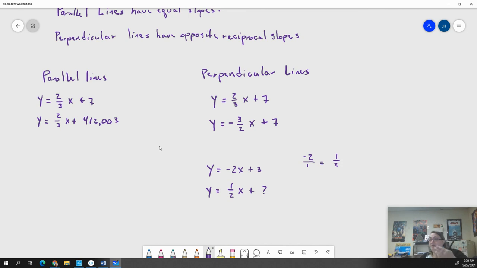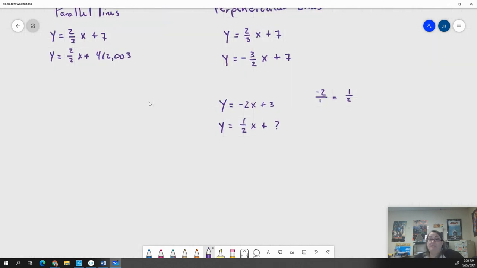So don't mess that up. If you don't have a fraction, make one, right? Just put a 1 under whatever that whole number is and flip that. You'll be asked questions like, hey, is this parallel, perpendicular, or neither? And it'll show you two lines. It won't always be written in the form you want it to be written in. Sometimes they'll be in standard form and you're going to have to get them over to slope intercept form so